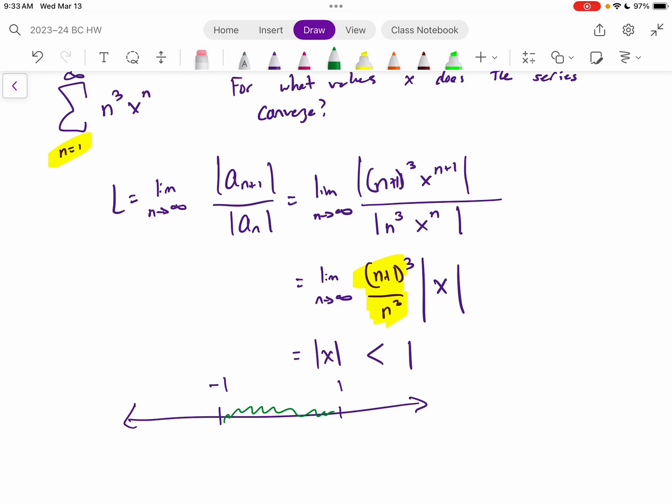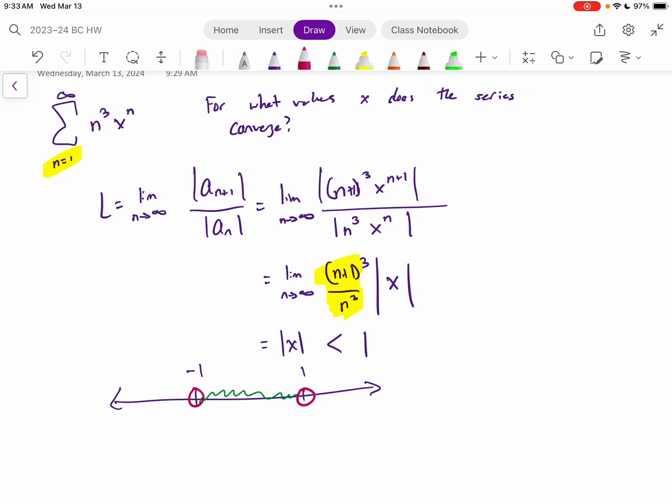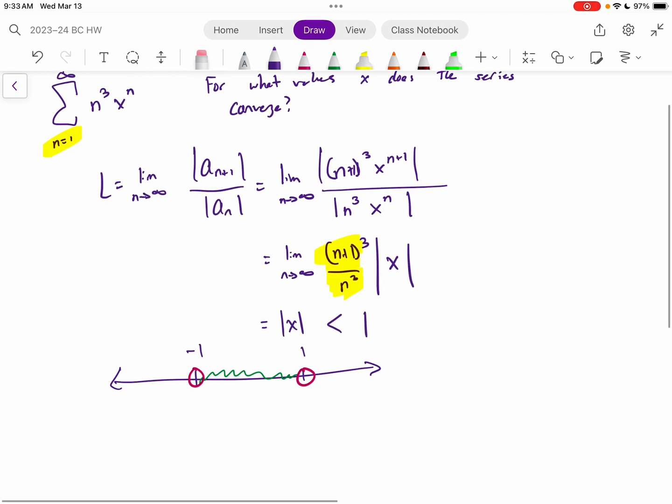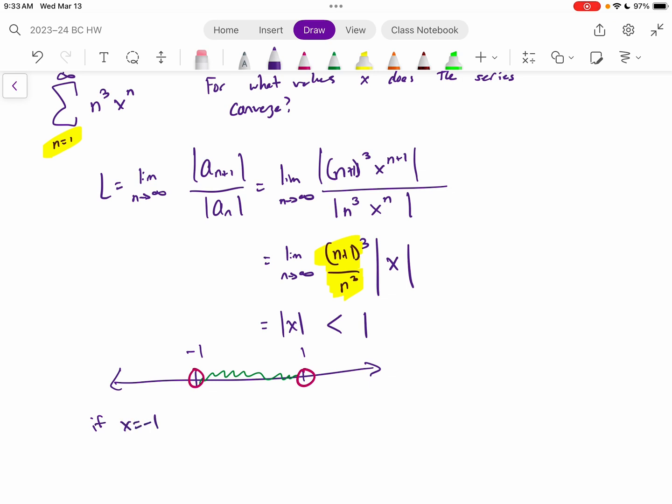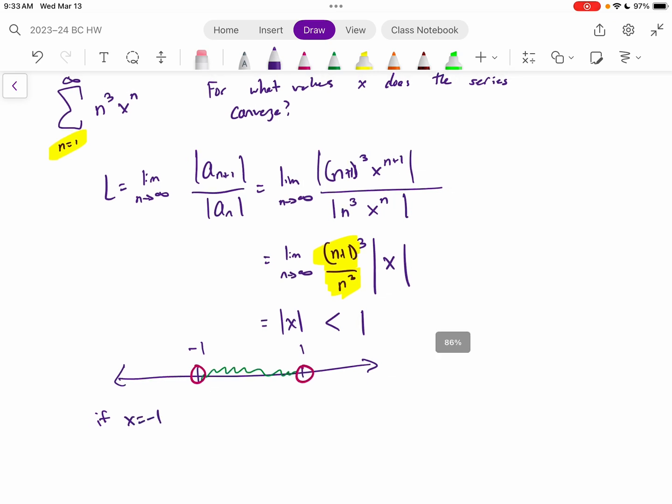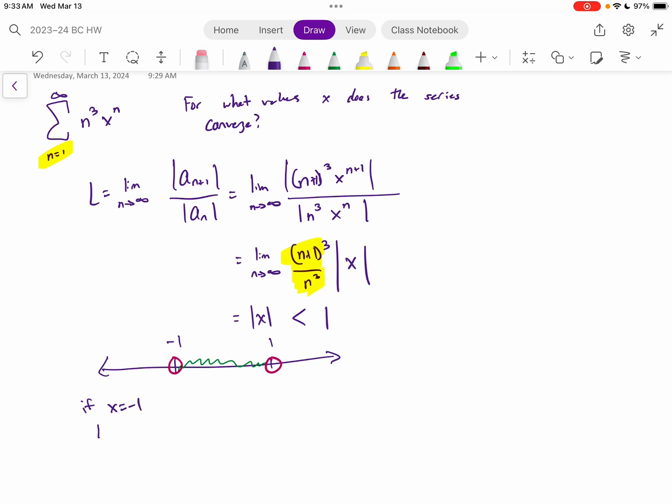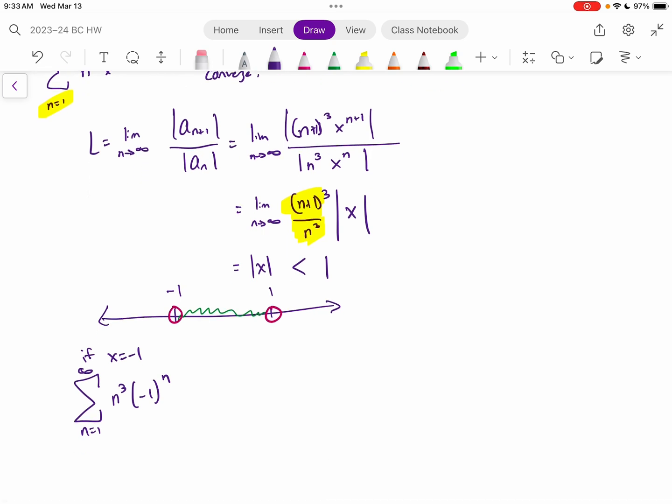But what about these endpoints? We sort of have to check them. So we are going to do two explicit plugging ins here. So if x equals -1, we're going to examine that series and say, do you converge or diverge? So let's think about this series right here, n cubed times (-1) to the n. Well, that's the alternating series